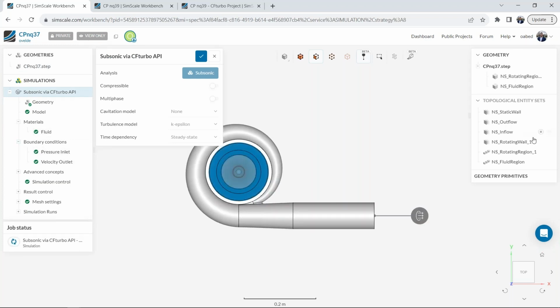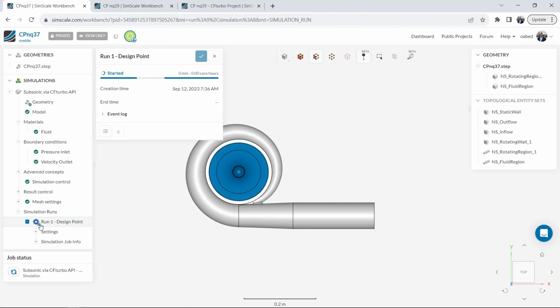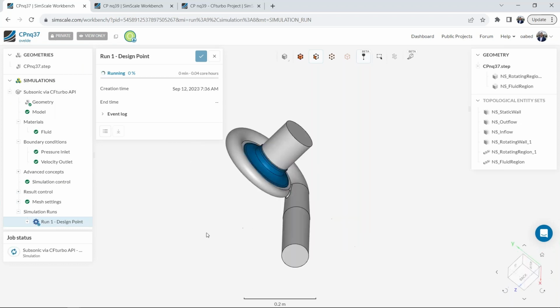So looking here really quickly, we've now kicked off a simulation that is going to begin to run here at the design point. So this has already commenced based on the design point parameters that we've defined within the global setup in CFturbo. Before I go down the list and talk about what has been set up in the simulation setup, I want to quickly identify, in terms of the geometry import on its own,